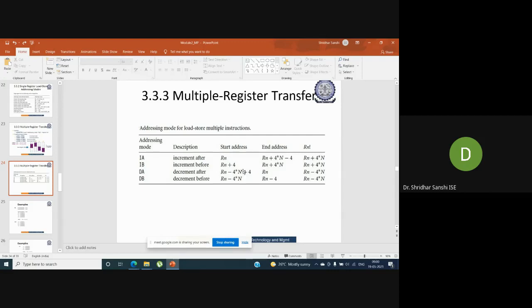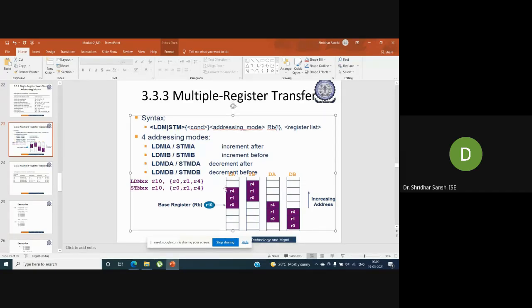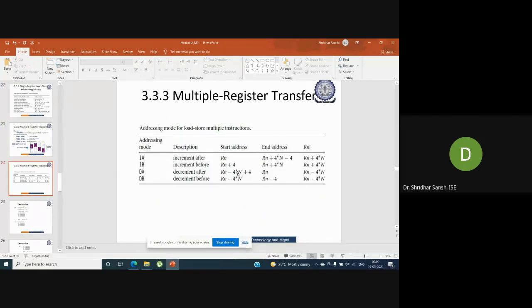Okay, sorry, if we are using LDMDA, it means that we are copying from R4, R1, R0 because it is a decrement. So the starting address will become Rn minus 4 star n plus 4, where n is the number of registers.